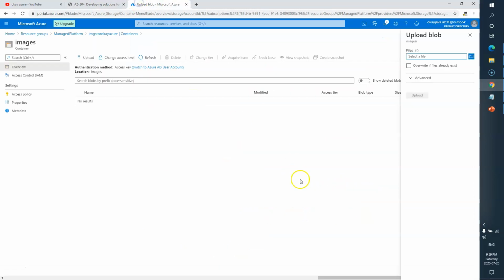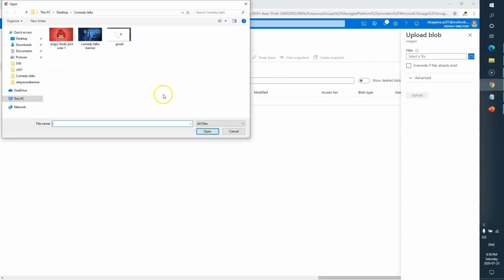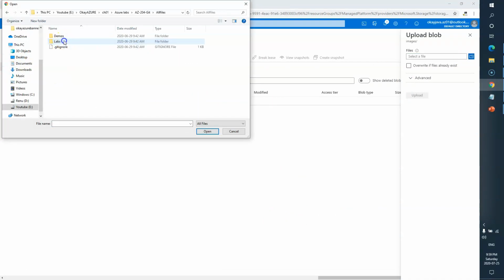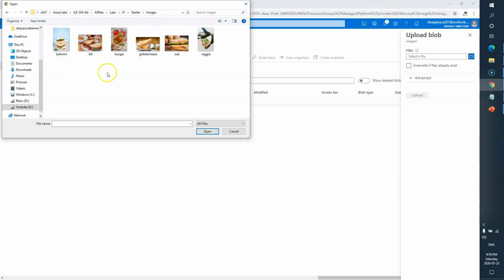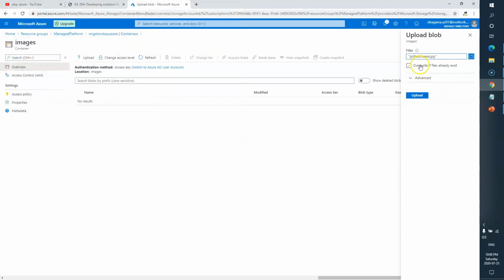Let's go back here, browse. Here I have to go to all files, labs 01, first lab, starter, images, and I have to choose the grilled cheese. It's here. I'll pick this one, and then I have to click on overwrite.